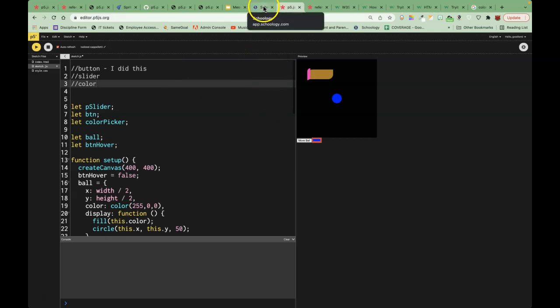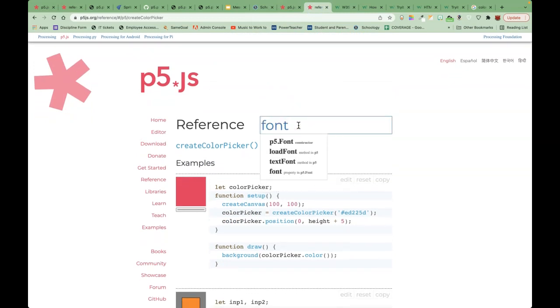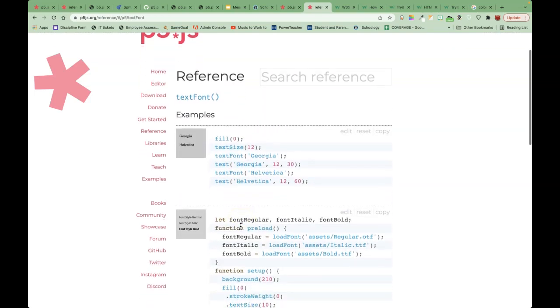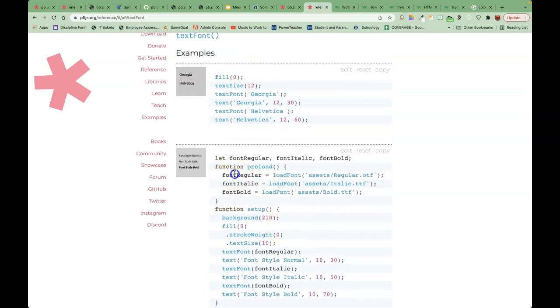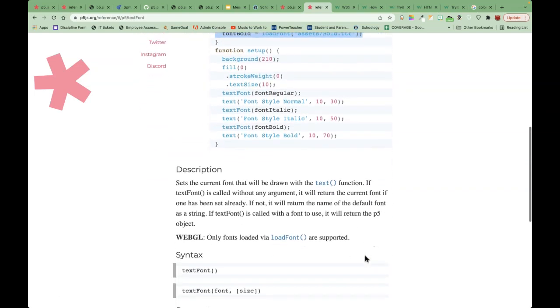Okay, now doing the Google font. Let's look at that. Let's see what we can find for font in P5.js. Let's see, text font. Okay, text font right here, Georgia. And then we can put text and we can write our stuff. Okay, so we can select a font by using text font. We could preload actual true type fonts in there, but I'm actually going to have you guys do it a different way